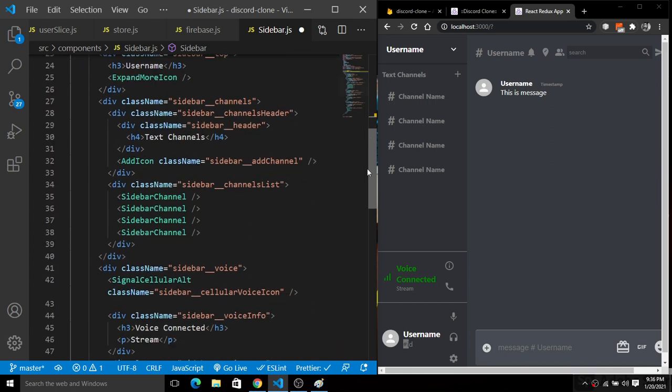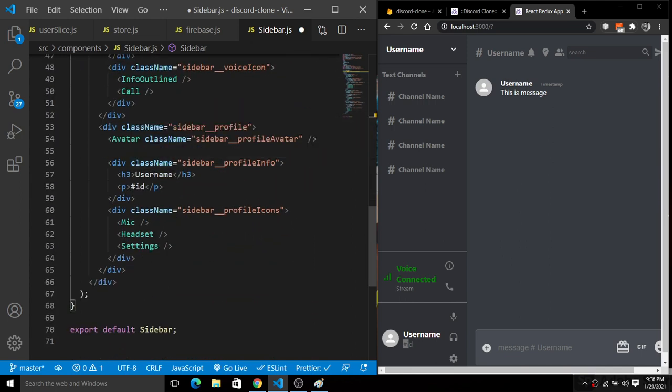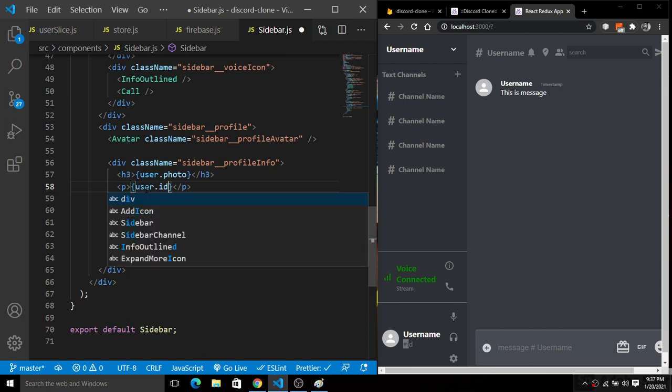So let's go at the very bottom here. Basically here, instead of this user name, we will use user dot photo. And for this id, we will use user dot id, and we will truncate the id. How do we truncate the id here?